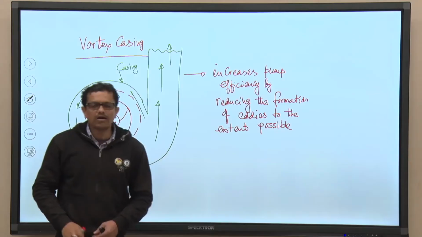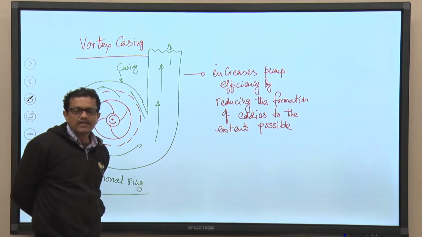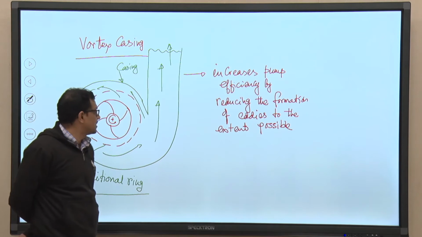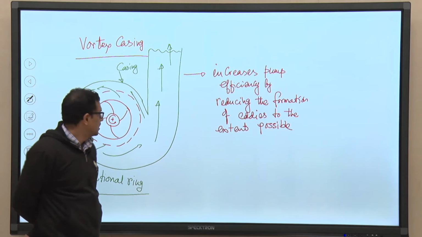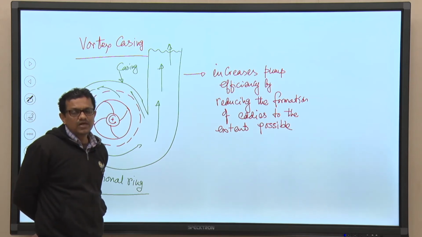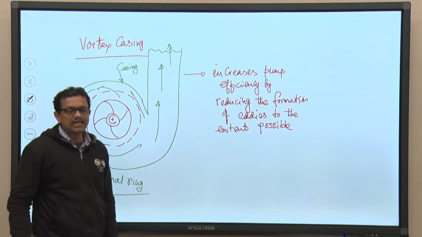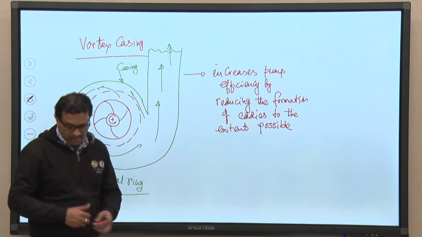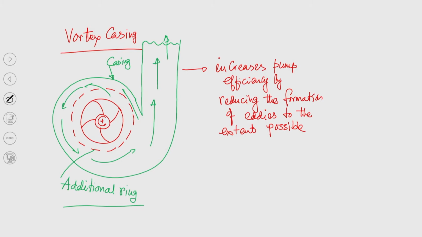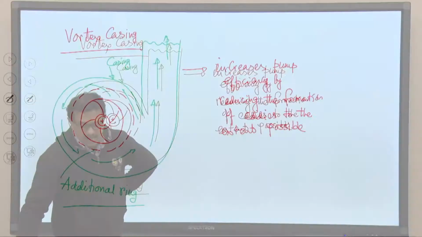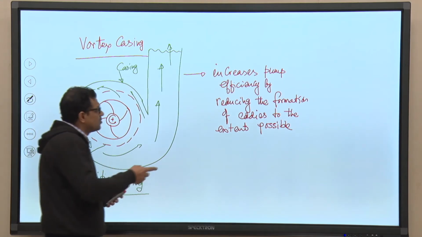Okay. So, our objective was that somehow eddies will be formed because of the geometrical configuration of the flow path that is provided, that is the gradually increasing cross sectional area of the flow path, but our objective should be to reduce the formation of eddies to the extent possible. If we can do it, we can increase the efficiency of the pump, and that is done by the vortex casing. Okay. So, basically you can see that using this vortex casing the eddies are reduced. Okay. And now I am talking about pump efficiency.